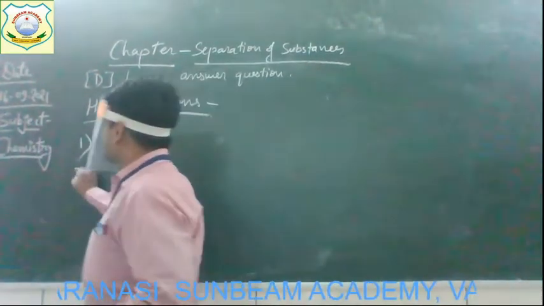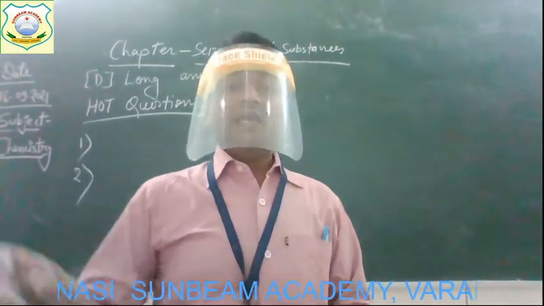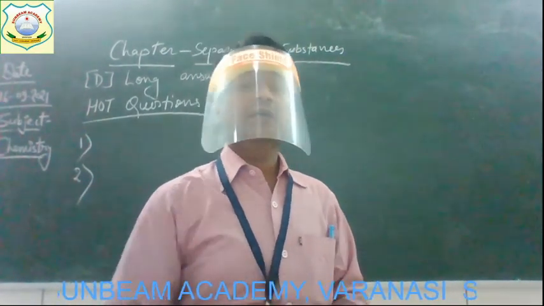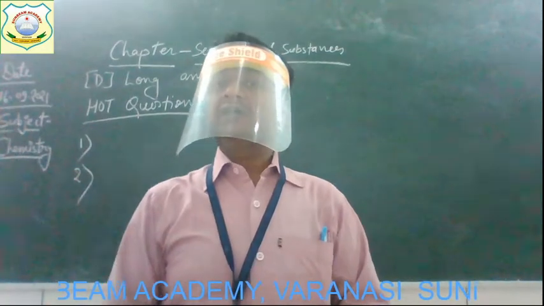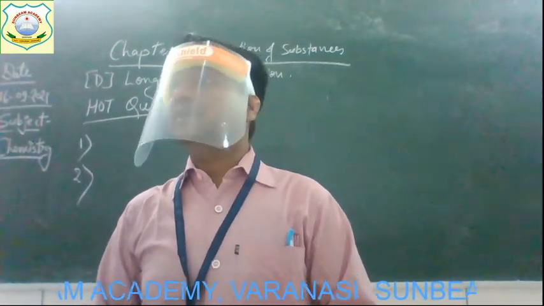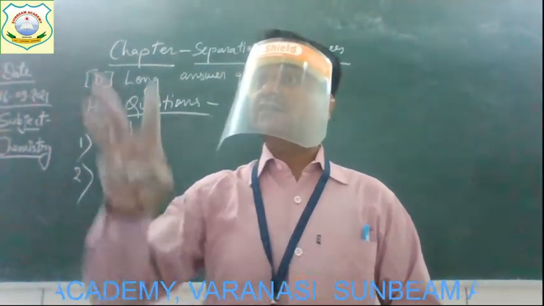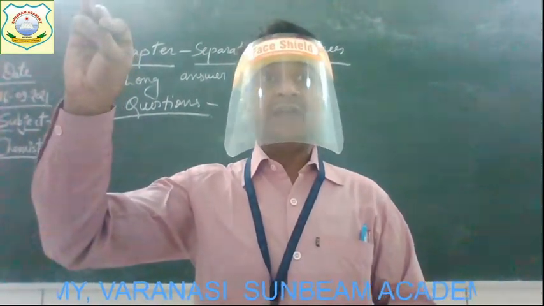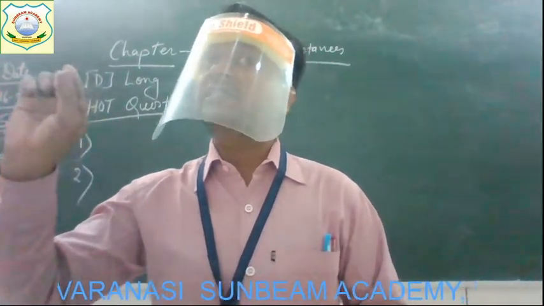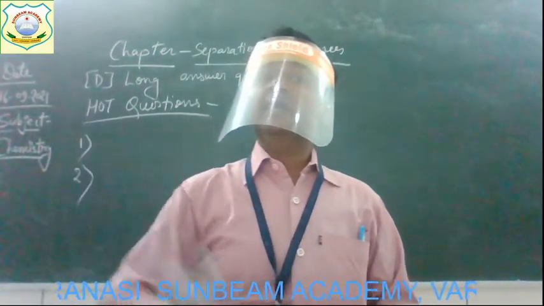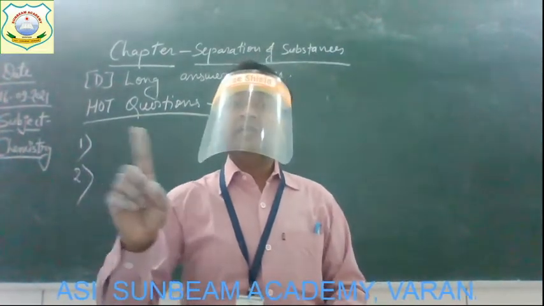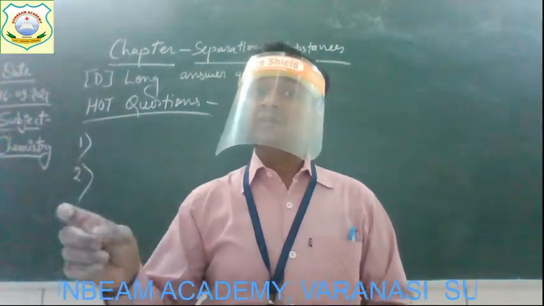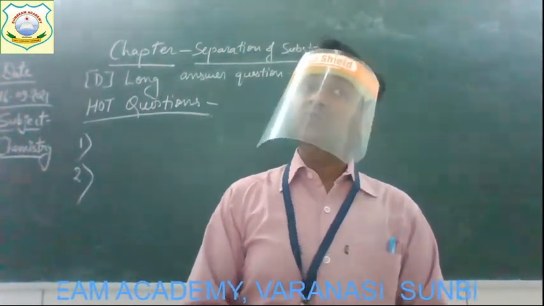Now, question number 2 is: think and write how you will separate a mixture of water, sand and iron filings. How many materials are there? Three materials. What? Water, sand and iron filings, iron pieces. So you may have to use a method not given in the chapter to separate sand and iron. And think which property of iron can be used for this.